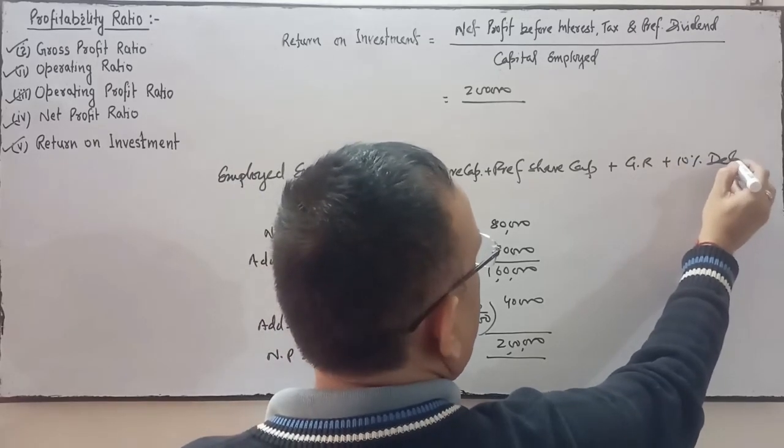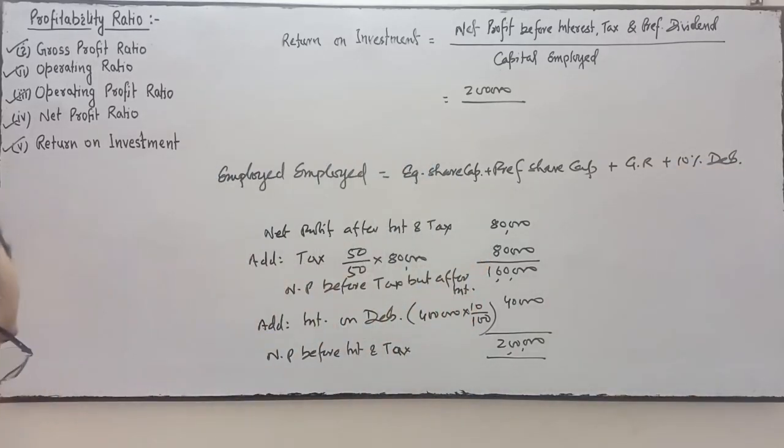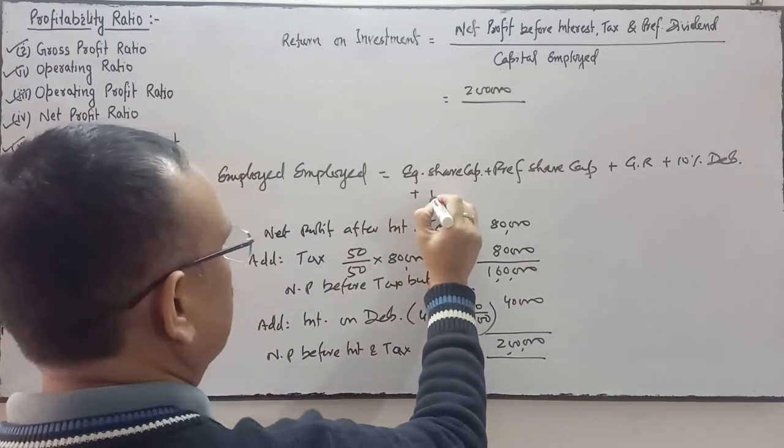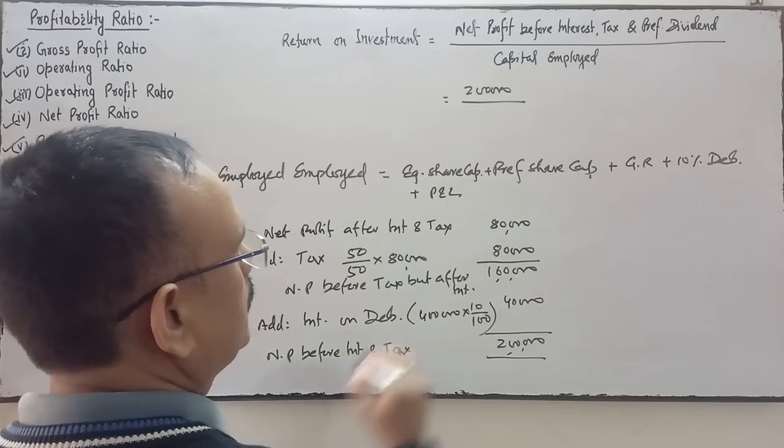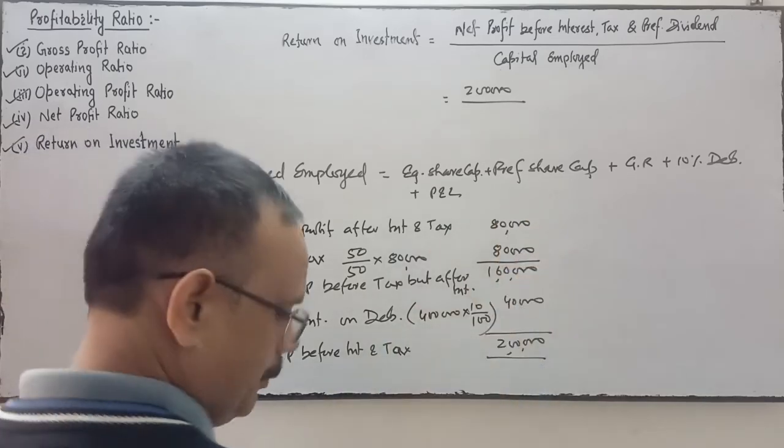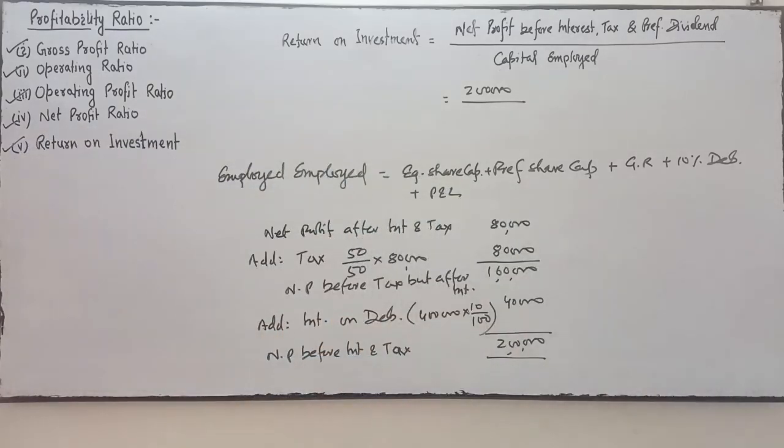This is the borrowed capital, 10% debenture, plus profit and loss. So here, if you see the calculations,